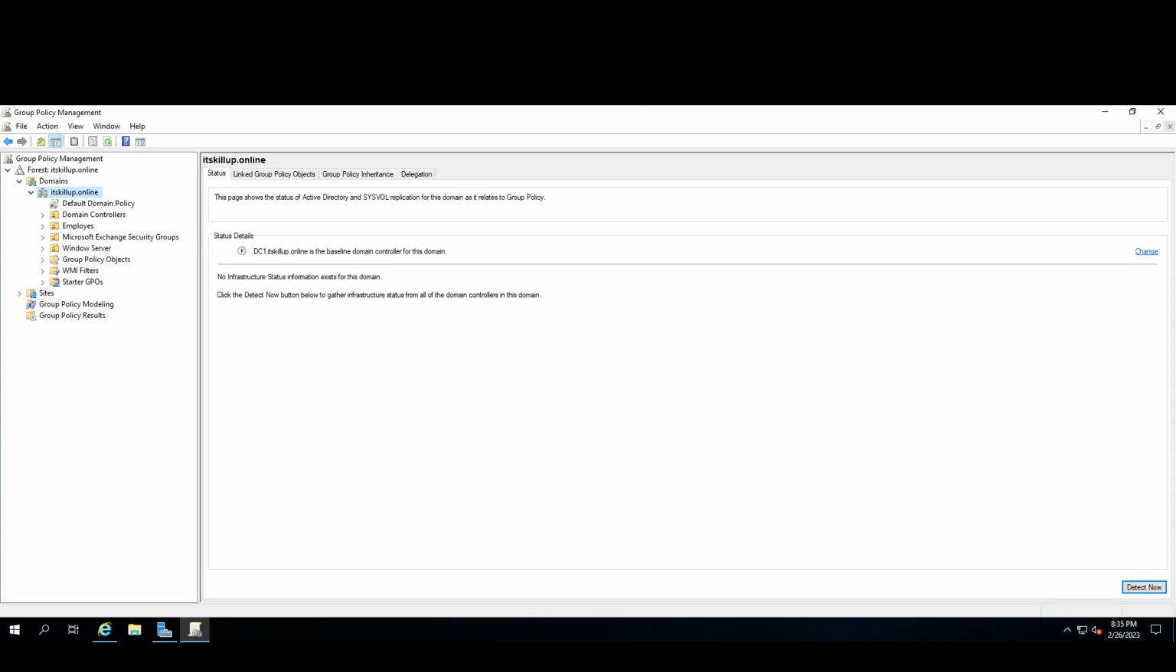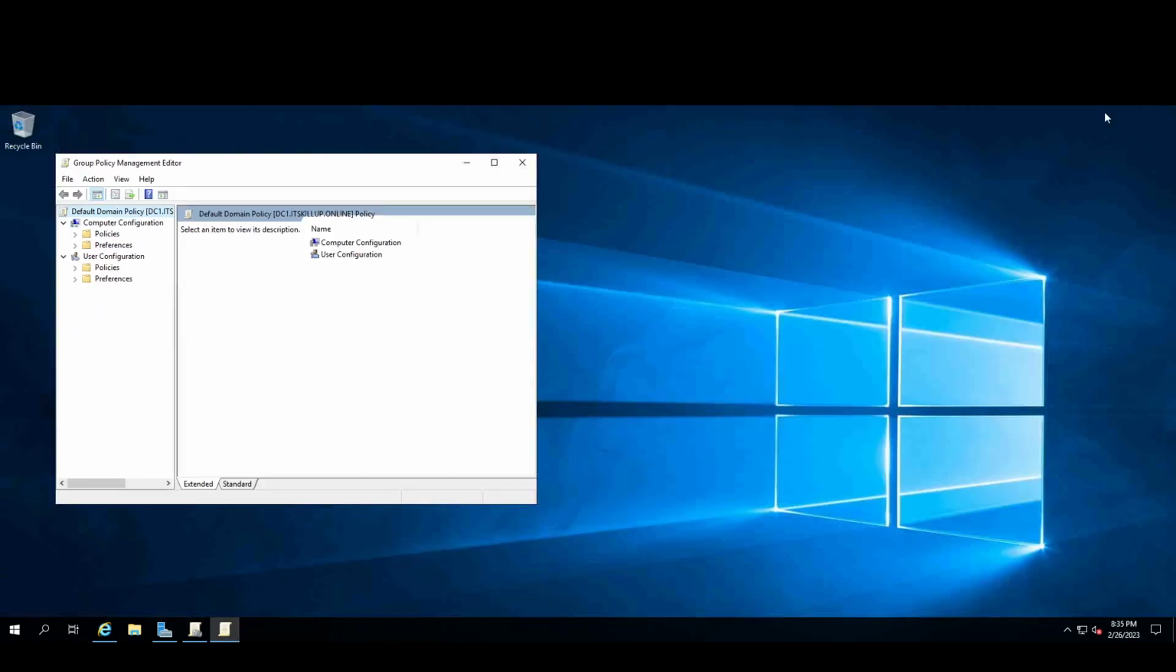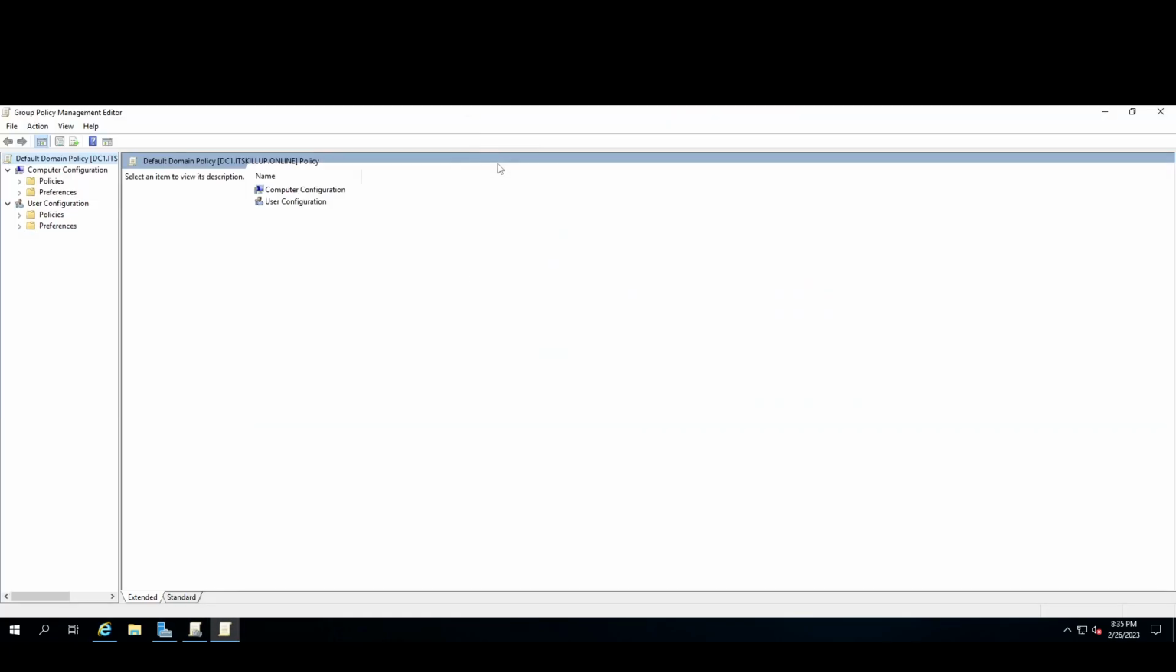Okay. Now we are going to edit default domain policy. It will open the group policy management editor. In here, we are going to configure computer configuration right here, and then under computer configuration, expand policies, and